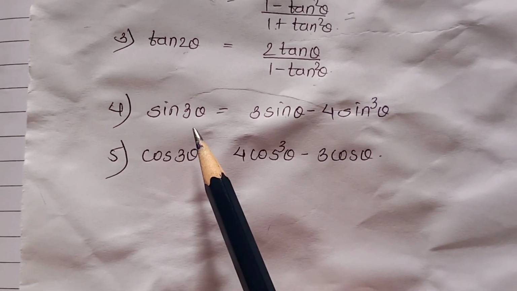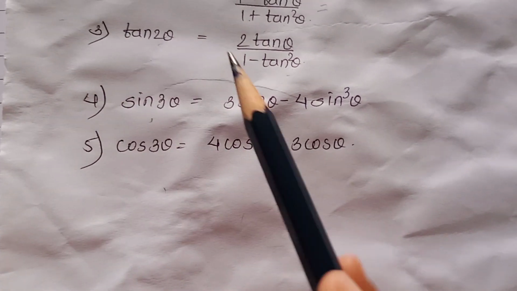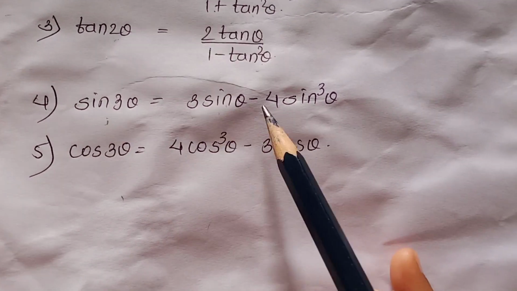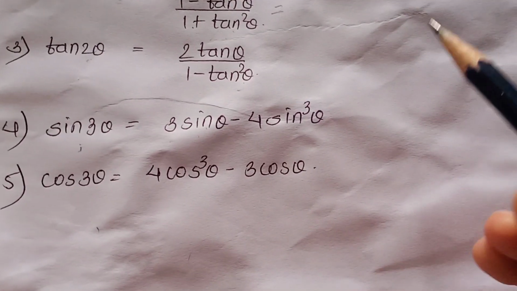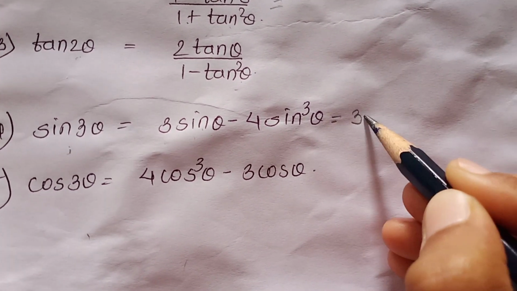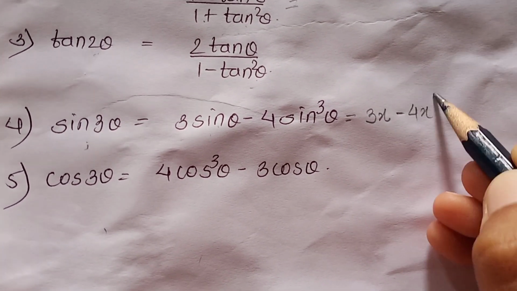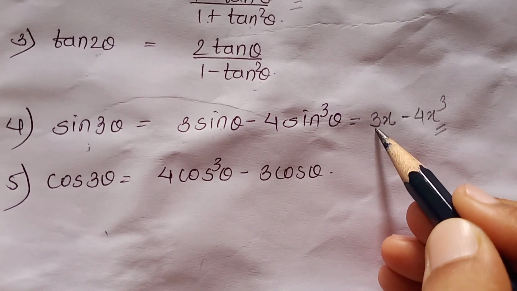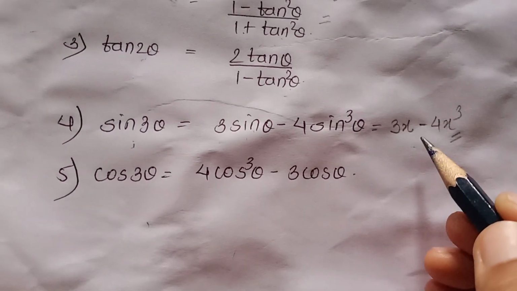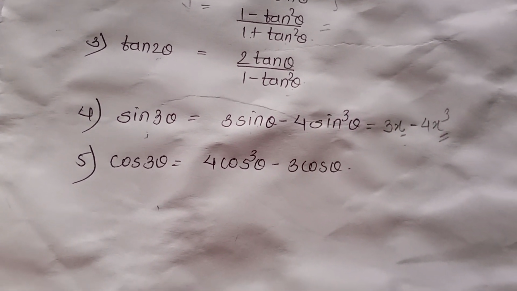So at that time you should remember whether it is the formula of sin 3 theta or cos 3 theta. The sin 3 theta formula is 3 sin theta minus 4 sin cube theta. In examples, the possibility is that it will come in the form of x, so it will be 3x minus 4x cube. So quickly you should remember that when it is of this form, it is the formula of sin 3 theta, right? To get that formula, we have to put sin theta instead of x.